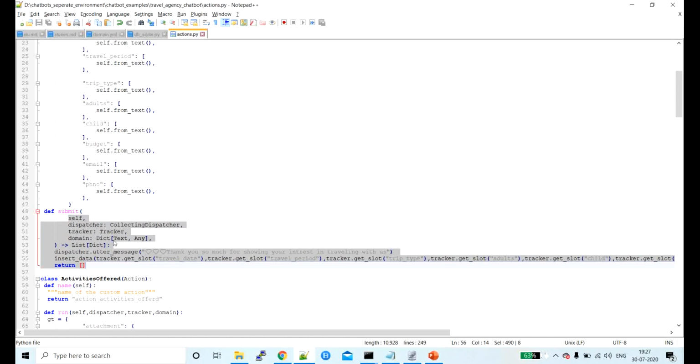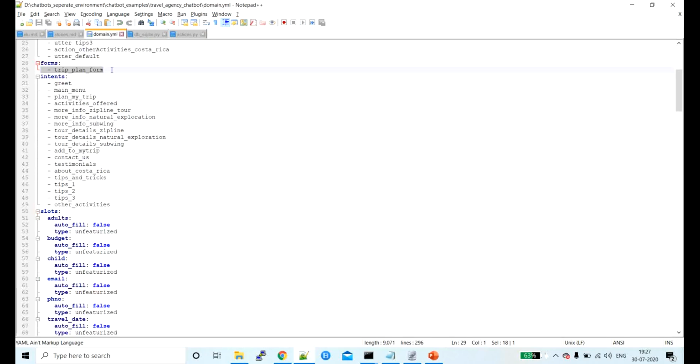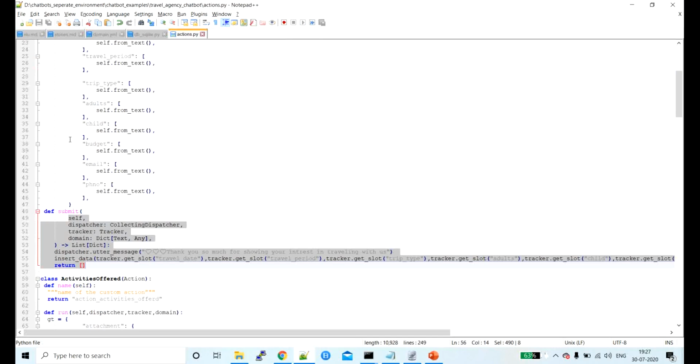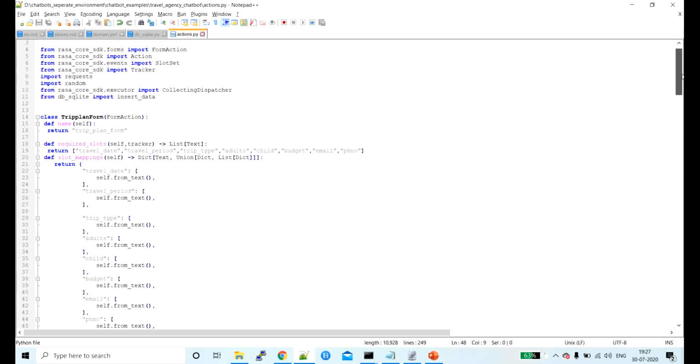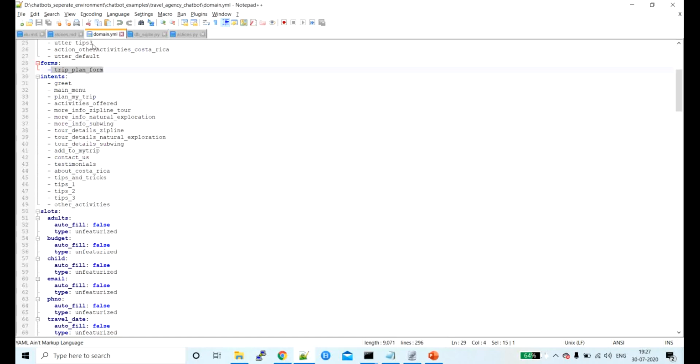I'll explain one by one what is written over here, but right now I'm just telling you that the domain.yml file has one trip plan form, and that form is present over here. And when a person submits that form, this will be the action, what will happen at this particular button click. Now what we want is that in domain.yml we have slots.